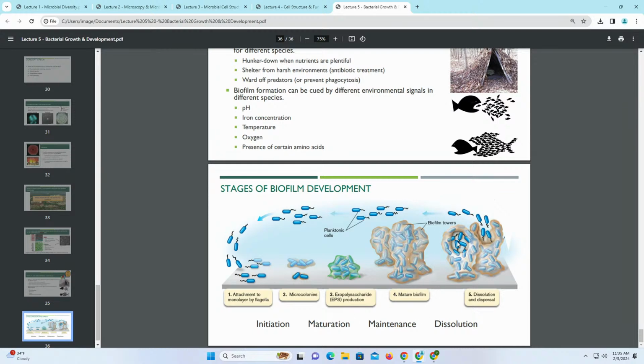And so once nutrients aren't there anymore, they're going to need to survive because they're using up everything that they have there. And so that's when they start to dissolve. Then they start to detach one by one. And then once they lose that really strong connection, they all start to go off and do their own thing. And the process can happen again. So that's biofilms. That's what you should know about biofilms.